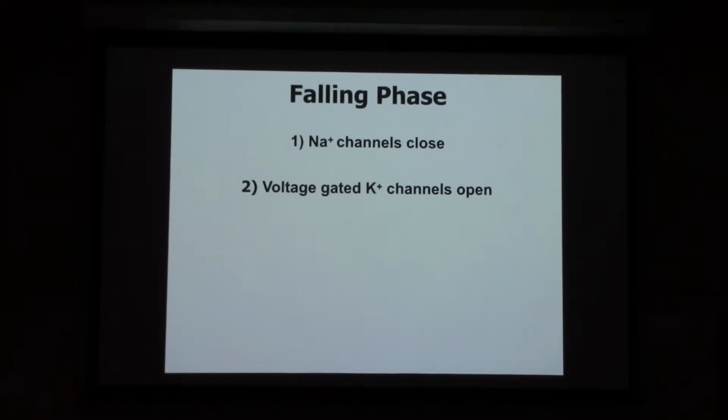Well, remember, we just depolarized, so the cell now has a positive membrane potential. Okay? And it has a higher potassium concentration inside the cell due to that sodium-potassium pump we already talked about. So now if you go ahead and open up potassium channels, which way is potassium going to go? It's going to go out, down its concentration gradient and down its electrical gradient. So potassium diffuses out of the cell. When it does that, it takes its positive charge with it. You're removing positive charges from the cell, so what happens to the polarization of the cell? It repolarizes.